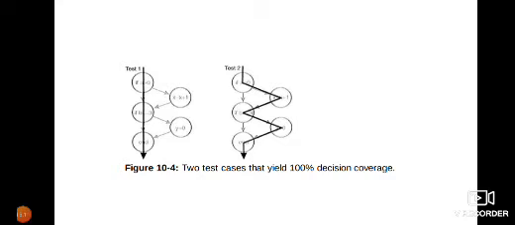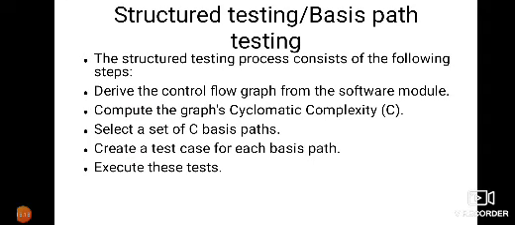Here is another example, wherein we are taking two test cases, two execution paths. Those are the different levels we can have. This is just for understanding what is meant by level of coverage. Level of coverage indicates the amount of code that has been covered by a particular test case. Out of 4 execution paths, if I cover all 4 through test cases, then I have 100% coverage. If out of 4 I am testing only 2, then I have 50% coverage. Likewise I can tell.